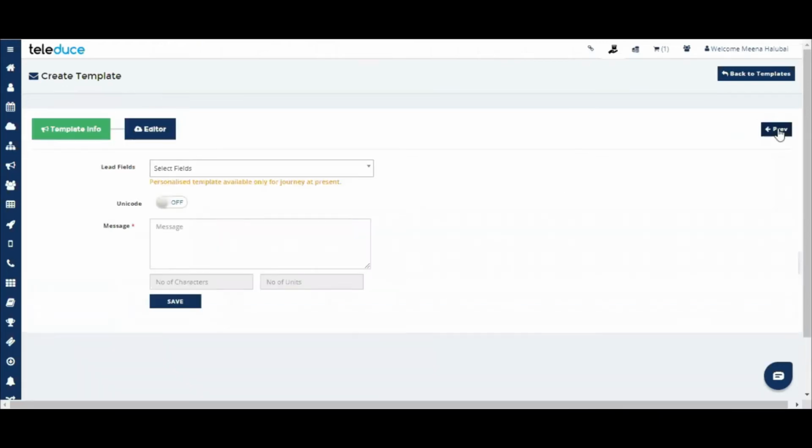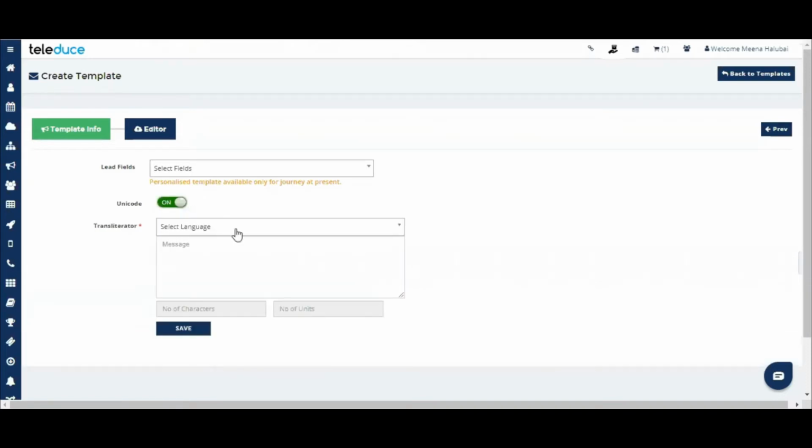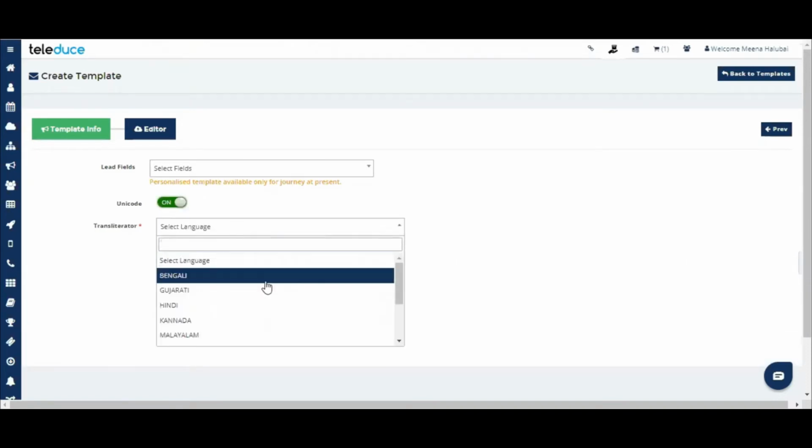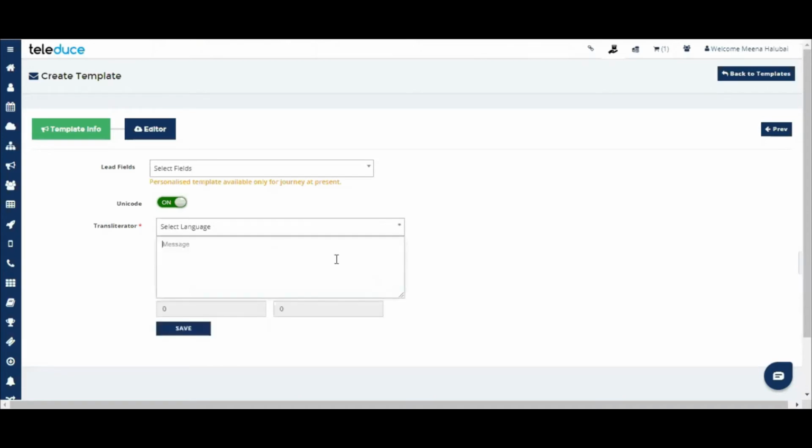and I'm going on clicking on next. Now this is the editor, I would say the main message content, where you want to select this content and send it across to your clients, your customers, everyone. Okay, now there are 2 things here. One is writing in typical English language, or selecting any Unicode, or apart from English, in case you want to create a template with any regional languages like Hindi, Kannada, Telugu, Tamil, any other regional languages. If you want to select, click on Unicode as on, translator as a language, and then type in.